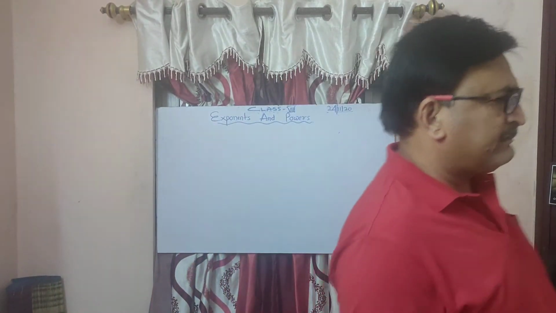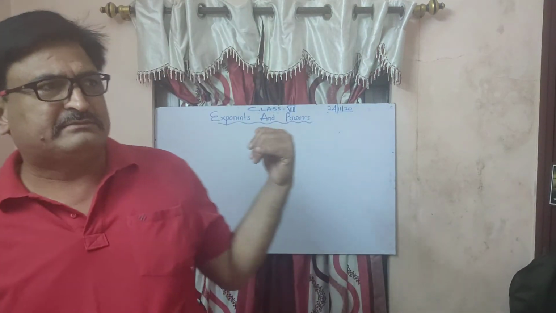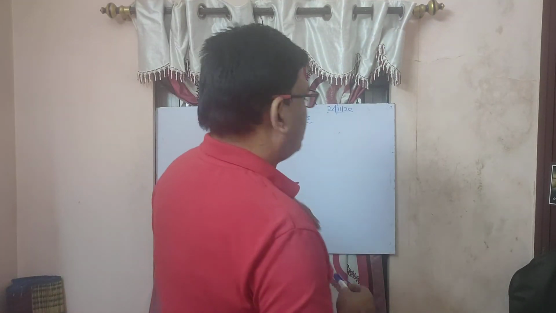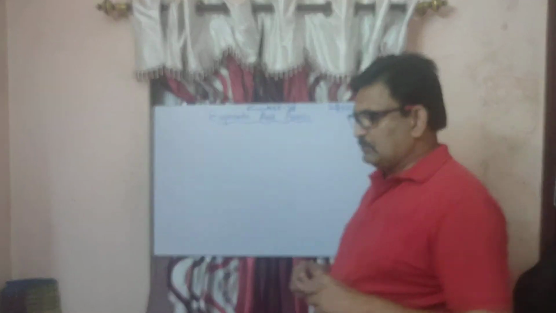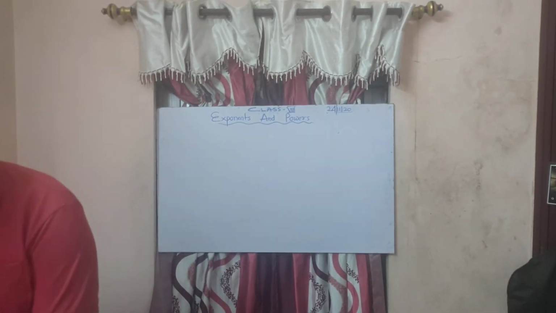Those bigger numbers can be written in the simpler form, that is this exponential power way. Now, there are some rules in exponential powers. Those properties are known as